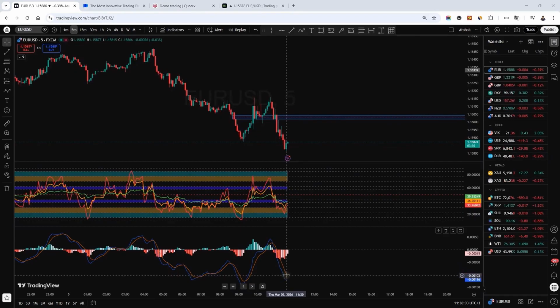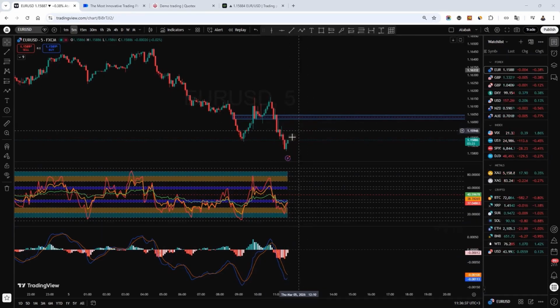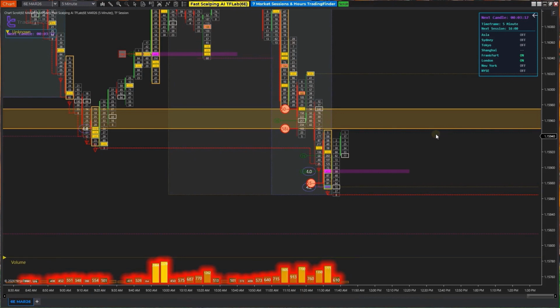Right here, the price action is still clearly showing me that it has significantly reduced its momentum, and we have now officially entered into the correction zone. Since I've already traded in this zone once, and this zone has already been broken once, this zone could actually act as a resistance, but before I decide to enter a trade,